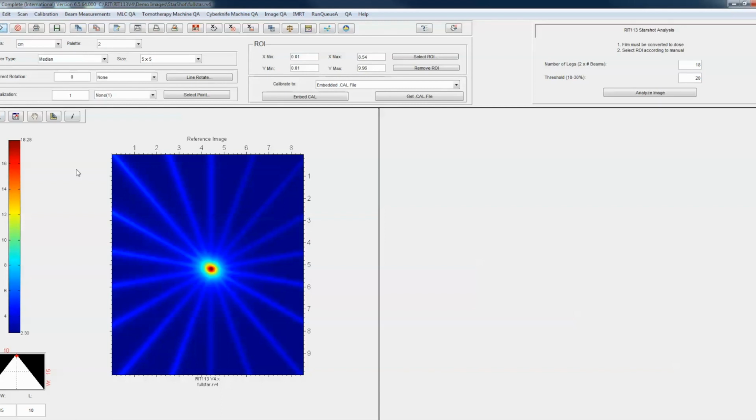Typically in a piece of film, we would apply a median 5x5 filter, and a median 5x5 filter goes in and removes any lint or dust or fingerprints that might be on this film, or even small scratches. So that can be very useful in the film analysis of this star shot. So now that we have the image and it's ready to be analyzed, we can